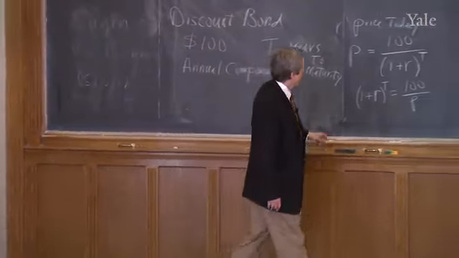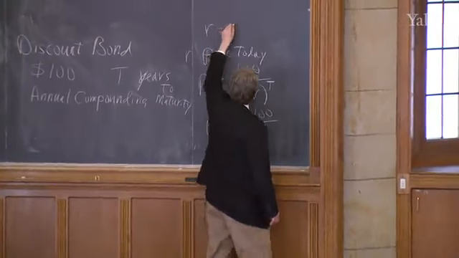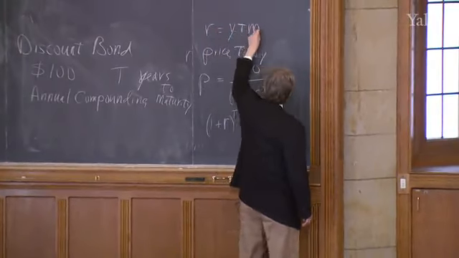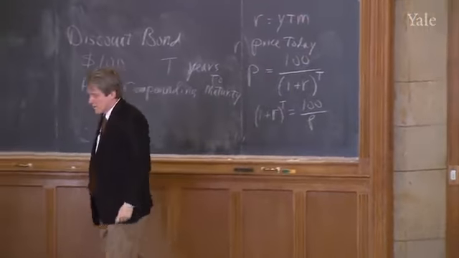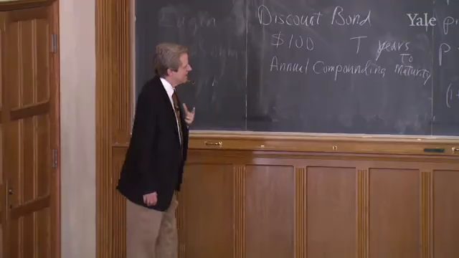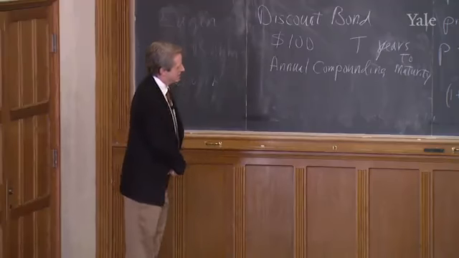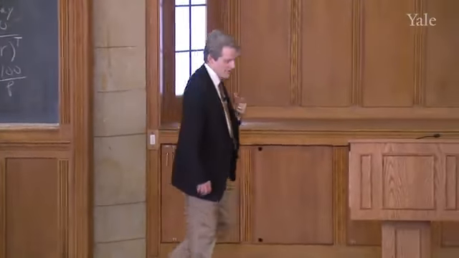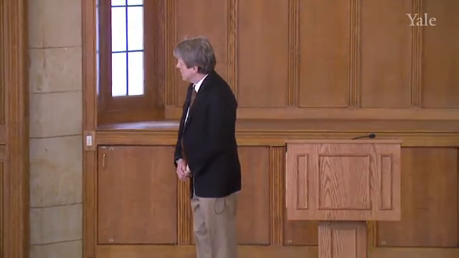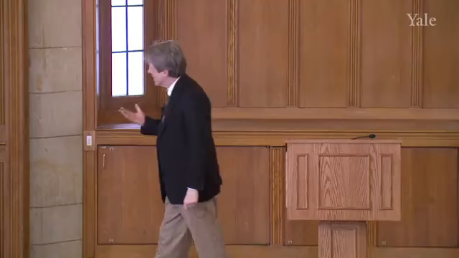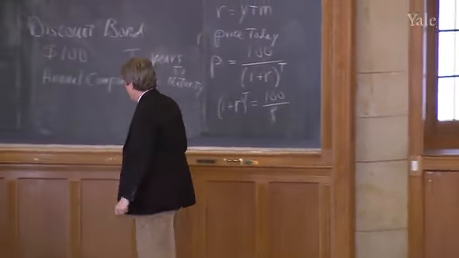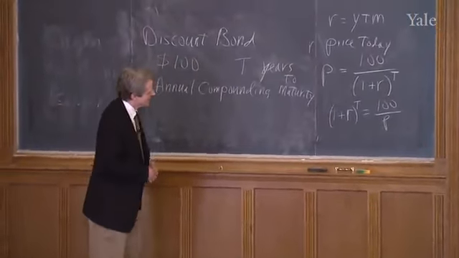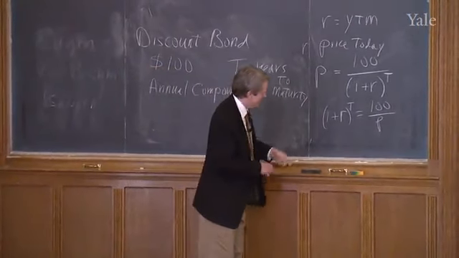So the r is also called yield to maturity. Because the maturity is T, the time when the discount bond matures. So it's as if it's paying an interest rate, r, once per year for T years. We can infer an interest rate on it, even though the bond itself has a price, not an interest rate. I mean, we can calculate the interest rate by using this formula.